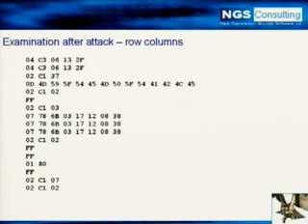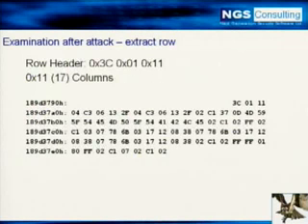So given that we know that there are 17 columns, if we look here, that 04 indicates that the first column has 4 bytes of data, so we count 4 in, 1, 2, 3, 4, and then we get another 4, 1, 2, 3, 4, then is that a 02, so count 2, and then 0D, and so on. So you see how that's happening.